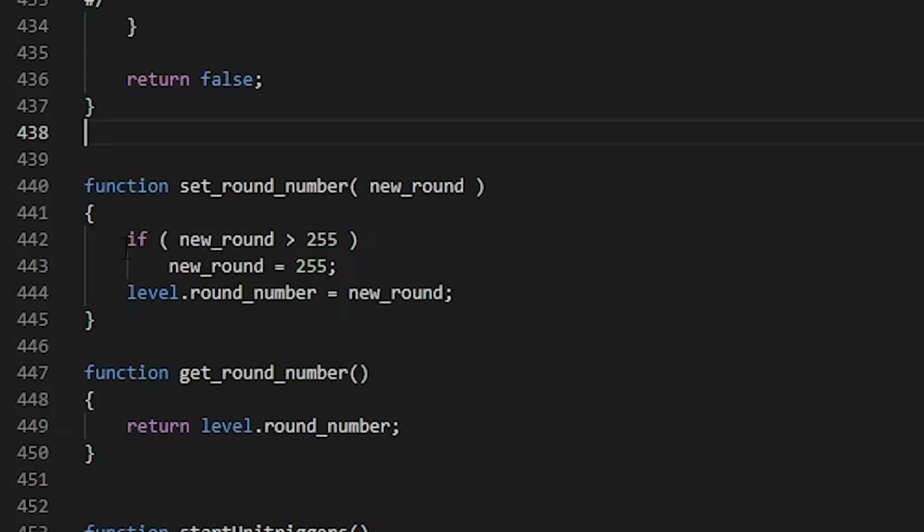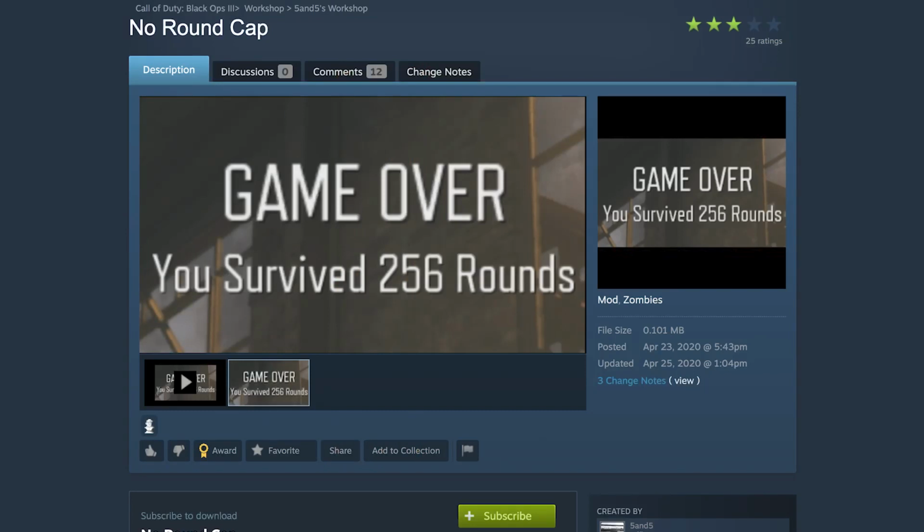No, there's literally a line of code that says if the round is higher than 255, set it to 255. That's all it is. It's literally hard-coded in there as a limit. The thing is, what you can do is just comment out that code, and then you can go higher than 255. There's already mods that do this, and Russian made a whole video showing this off if you want to check it out yourself,